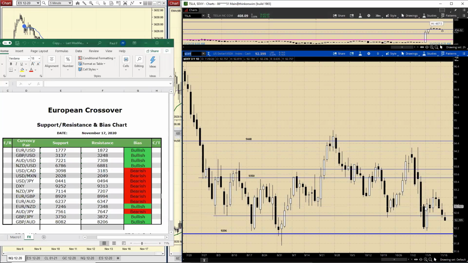Then you get a good solid bounce, and then the market just sits there. Then we get one more, oh, now we're taking off, and we just roll down the hill and give it all back, pretty much. So my thoughts are, like I said, I think we're going to break down to here. If we get past here, I don't think there's going to be any buyers, and we'll just dip down here, and then that's where I think we could drop.